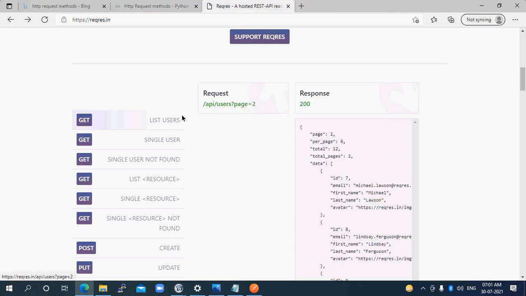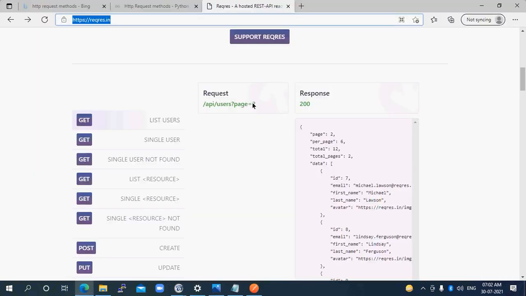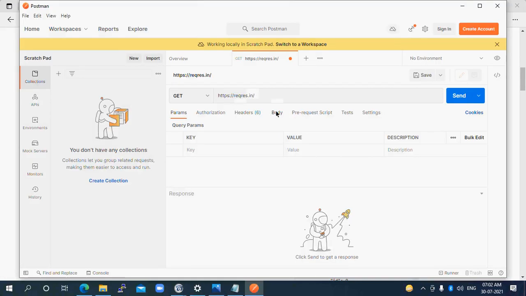API slash... This is the main URL, correct? Slash API slash users also we can get. If we hit it,